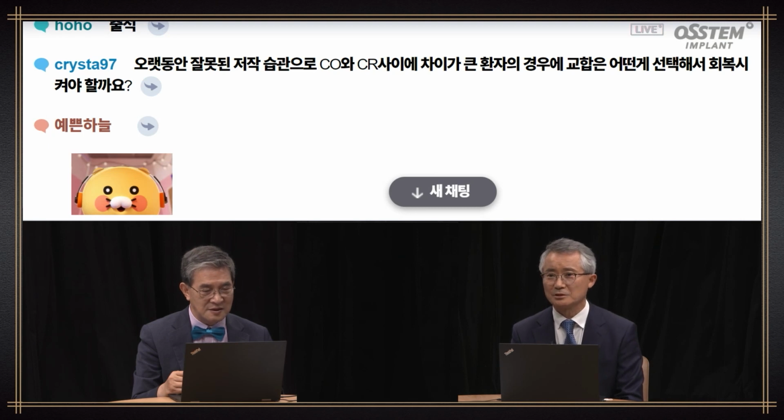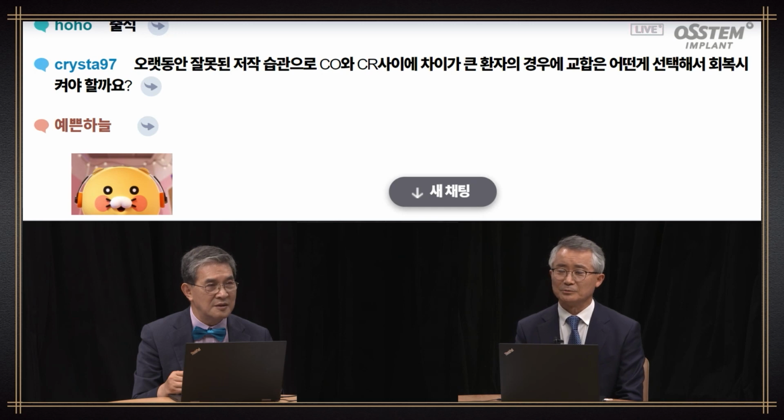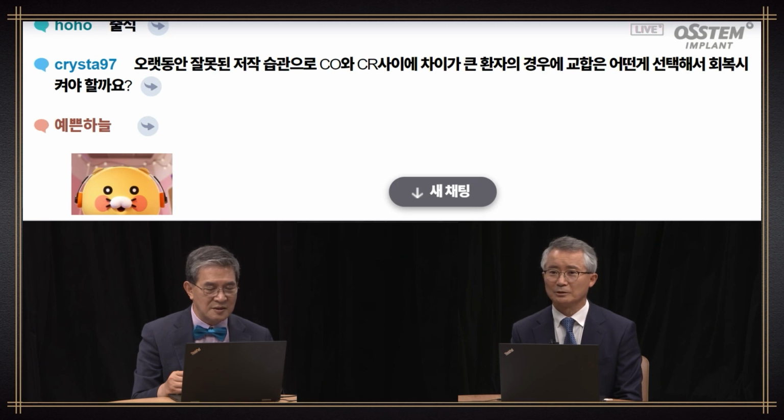We need to focus our treatment based on CR. We need to stick to CR even if the patient habitually bites the wrong way. I came across a patient who had weird occlusion, so I had to fabricate a new denture. However, we need to focus on CR when fabricating dentures. Unless we do that, we cannot assure success.